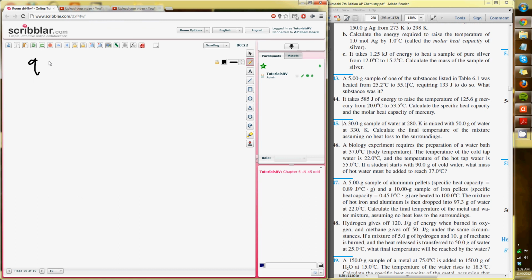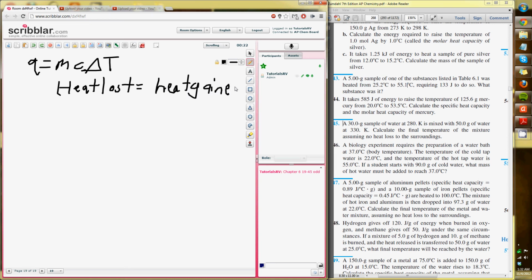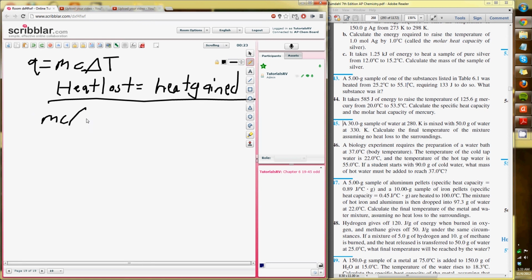I think it was just Q equals MC delta T, and it's just going to become heat lost equals heat gained, which makes sense because of conservation of energy. Remember this principle. So it will become MC delta T equals MC delta T,